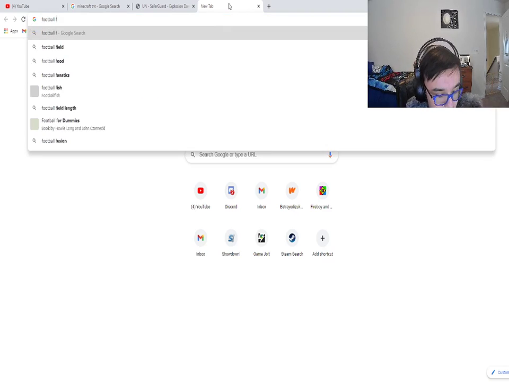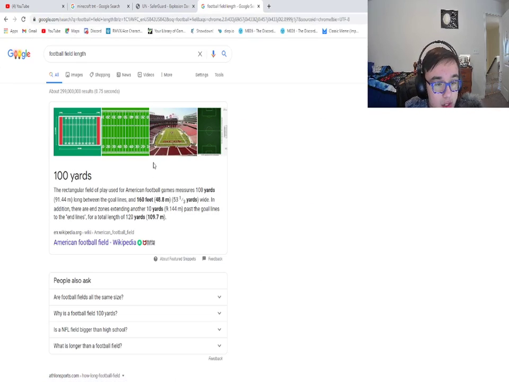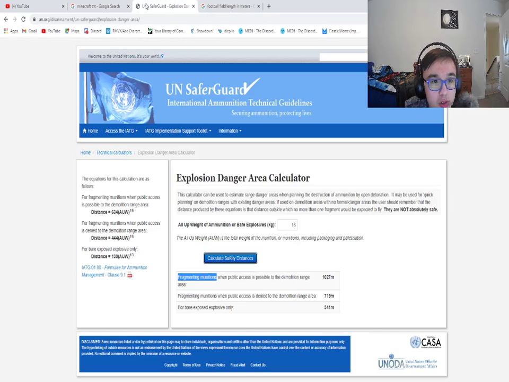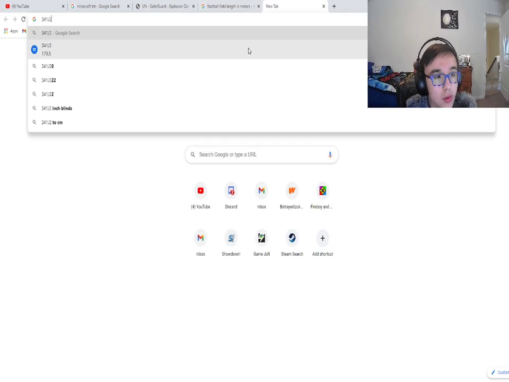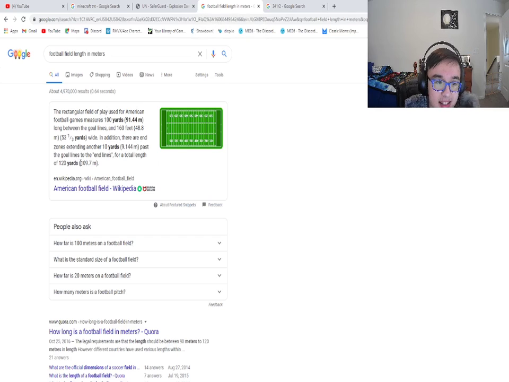So if I were to put this in perspective, a football field length is 100 yards, but this is in meters, because this is what we're using. This would be ridiculous, even if we assume that that is not including the radius. For the bare explosion alone, if we were to do 341 divided by 2, we'd get 170.5. Well, shoot. That is still...